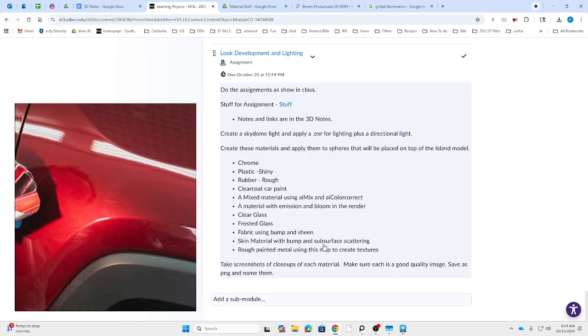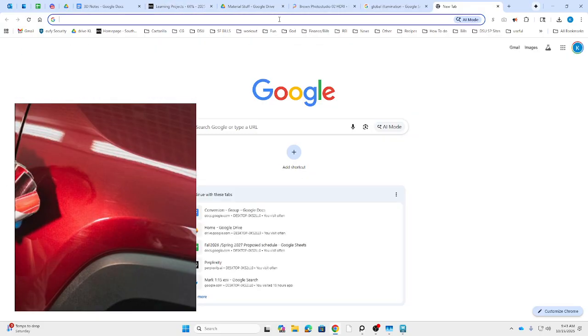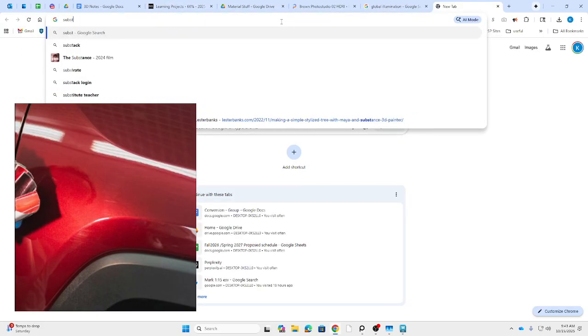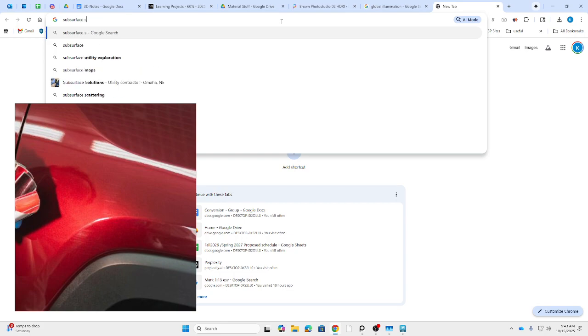I think the ones that we have, so we'll start with skin. So the next parameter, I guess the third thing that really slows down your render, so it's transmission, displacement, and subsurface. Subsurface, let's search up here. Subsurface scattering, skin,